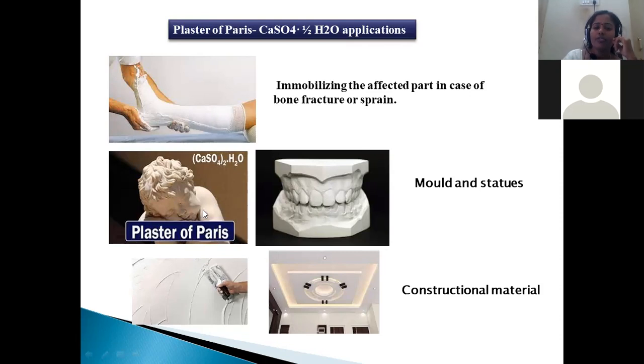And it is also used for the construction of statues, and famous buildings are also constructed using this plaster of Paris. In the constructional field, it is applied on the cement to give a smooth finishing, and high durability and waterproof tendency are also provided, being calcium sulfate hemihydrate. It is also used as a roof decorative item, and to avoid heat absorption and provide room insulation from the heat. That means a cooling effect will be provided by this plaster of Paris, right? So these are the applications.